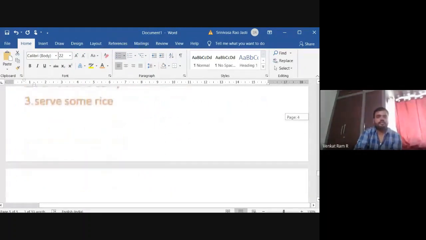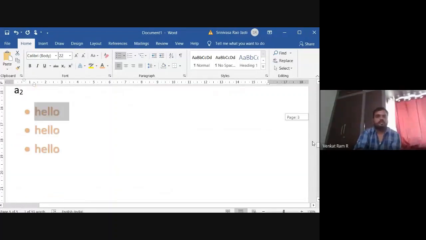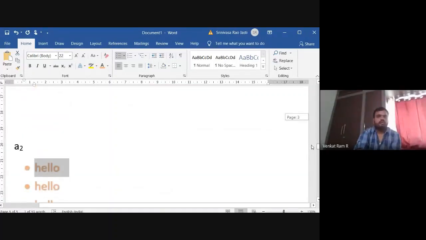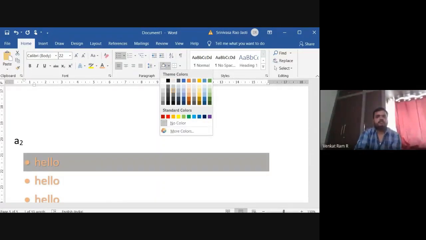See here, before it was somewhere else, now it came according to alphabetical order. Most probably we will not use it, but if you wish, we can. And here, if you want to apply the background for the whole sentence, then we can use this.